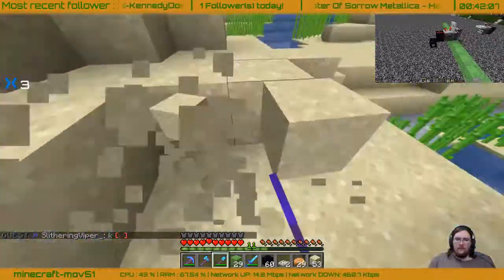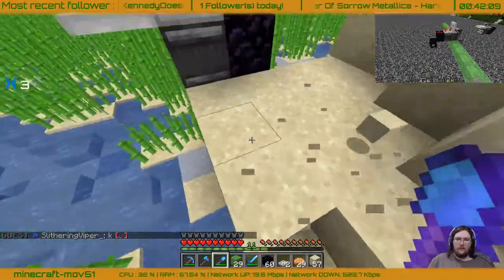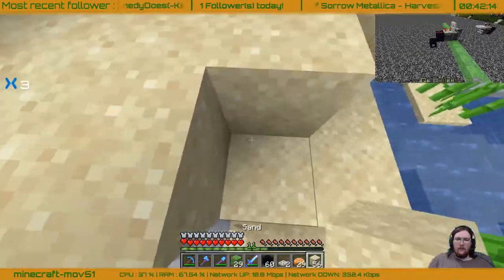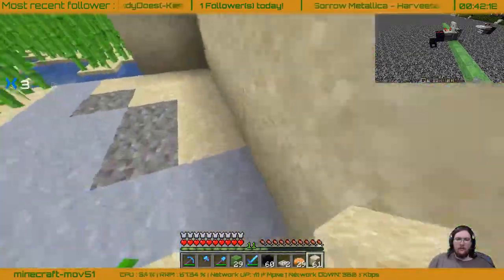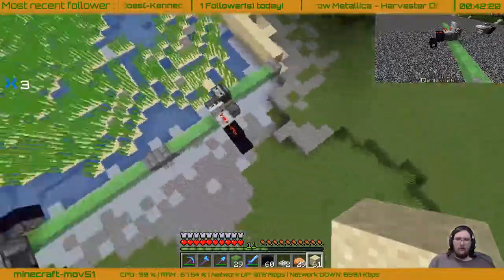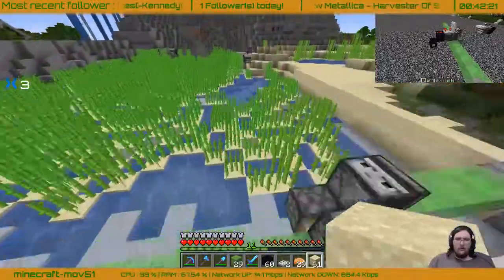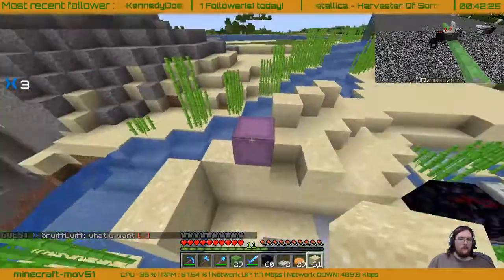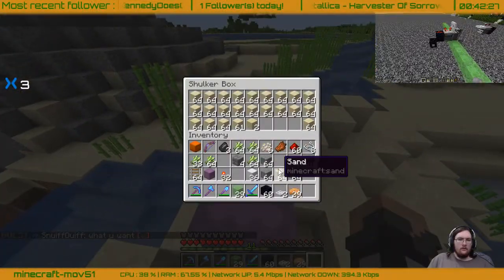I'll do some testing with it being at, like, varying heights. I might be able to get away with hiding hopper minecarts and stuff. If not, I might just go ahead and redo it all off stream. For now, let's not worry about doing all of this. Let's get the